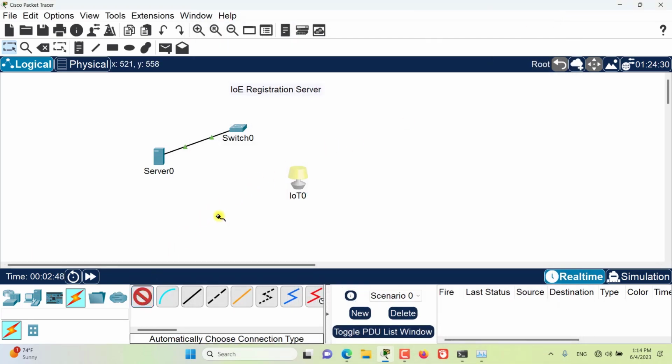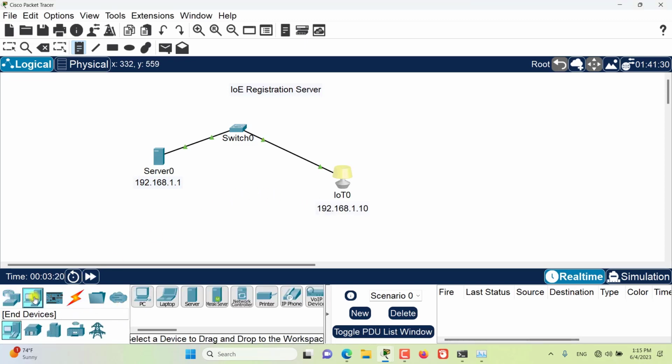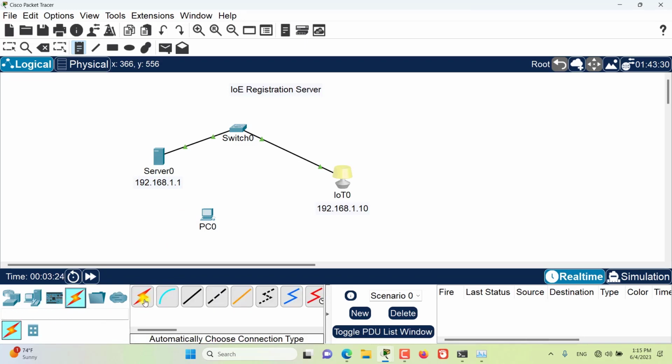The next step is to create the connection. Now I have created my connection to the thing. Now let's go and configure the IP addresses for each of these devices. For the server, I want to use 192.168.1.1. For this lamp, I want to use 192.168.1.10. And we will have an intermediary PC where we will do the controlling